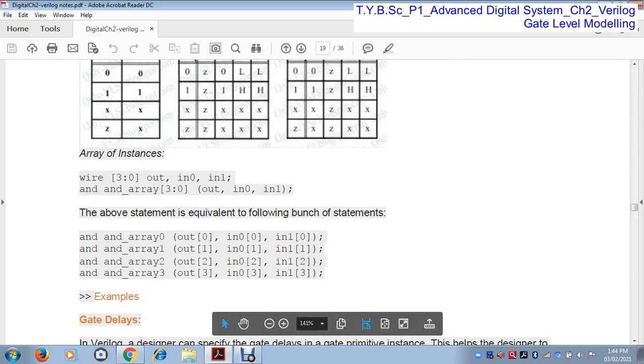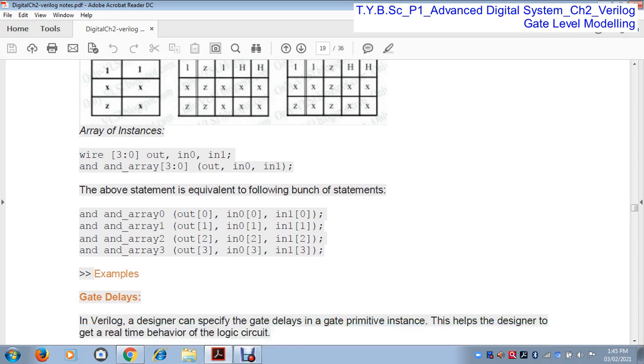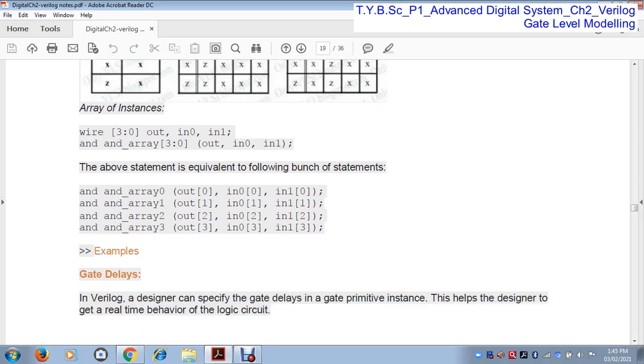Wire [2:0] means there are 3 wires: output, input 0, and input 1. So the above segment is equivalent to the following. There are 3 wires: output, IN 0, and IN 1, and this is the AND array.